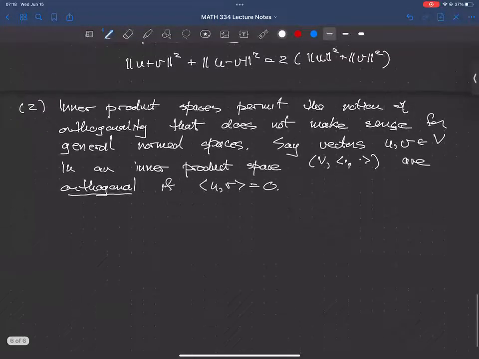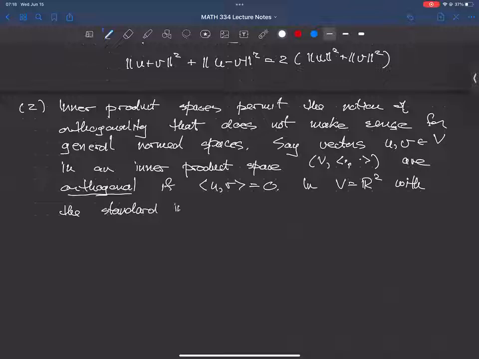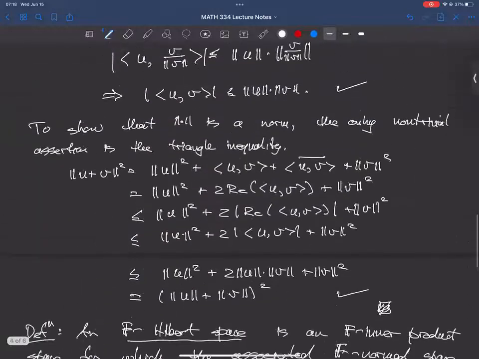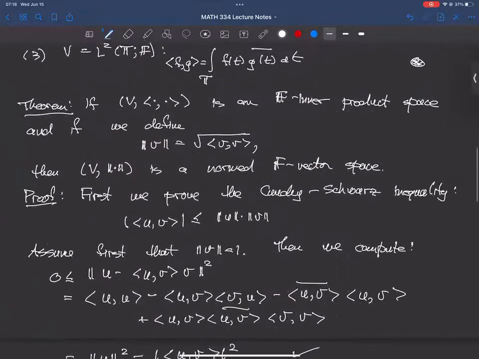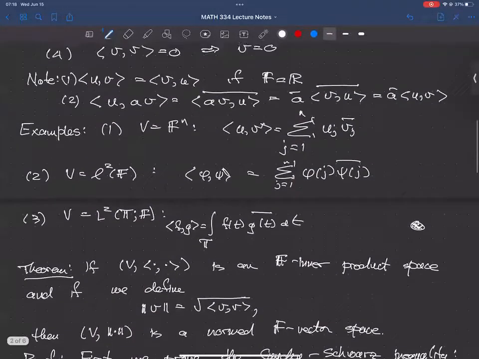All right, so orthogonality... okay, so right, so this would be the standard inner product